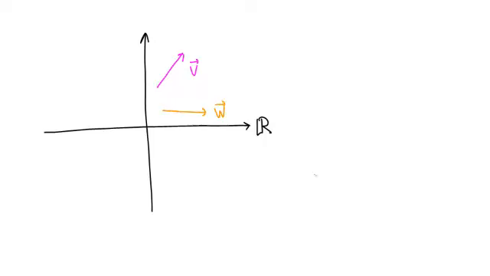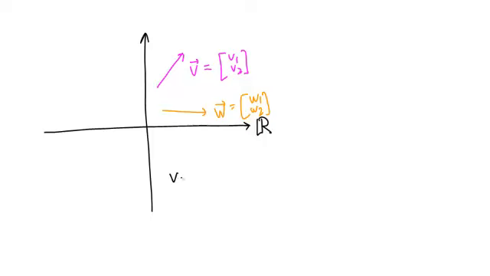Now we've been focusing all of our attention in R3, but it's worth pointing out that the dot product makes complete sense for any two vectors in R2. If we had a vector v and a vector w, then it makes sense to dot these two together. If the vector v had components v1, v2, and the vector w had components w1, w2,